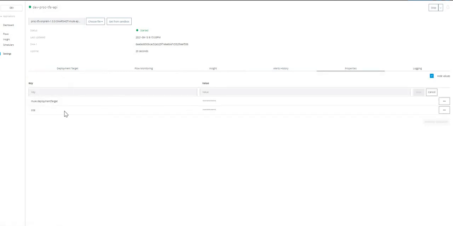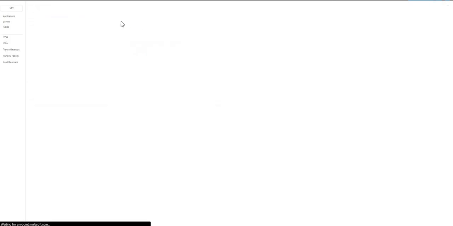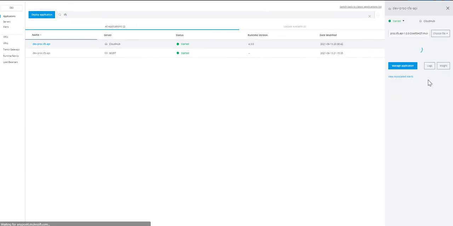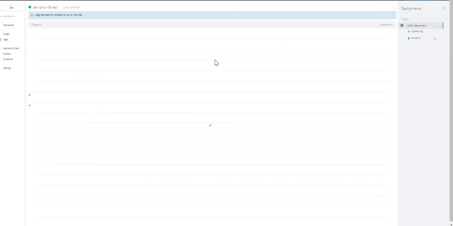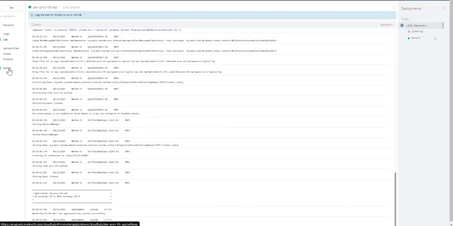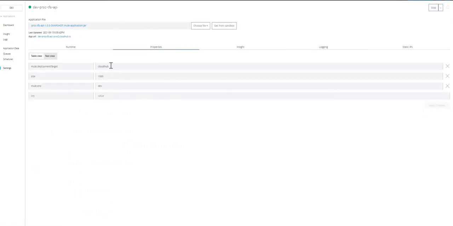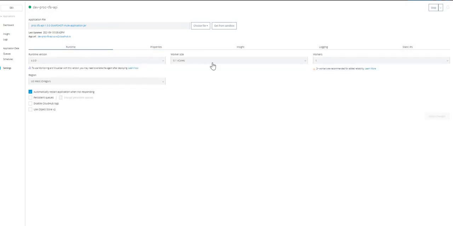You can see the properties which we have provided there. Likewise for the Cloud Hub as well. And the runtime properties as well.